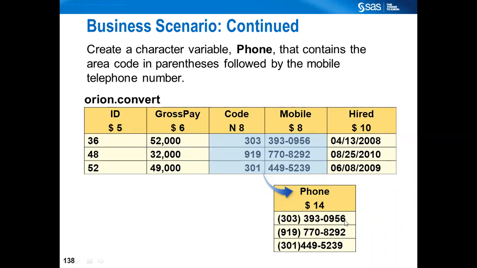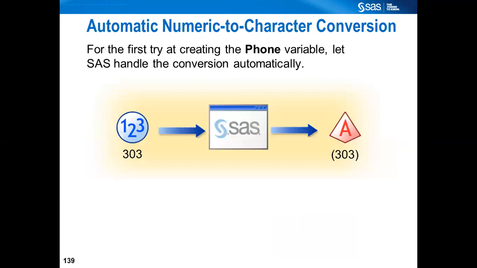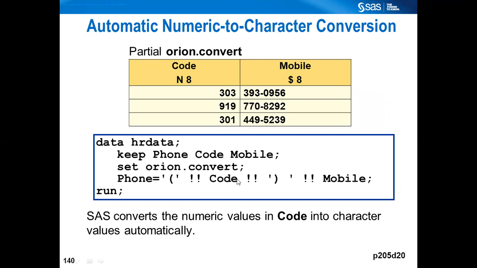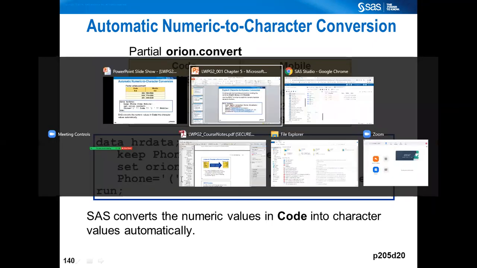Now, we had already been introduced to one of our concatenating operators, where you have the liberty to include this parenthesis. Hence, we know we can use that concatenating operator. But before working with it, let's understand how SAS works with automatic numeric conversion to character. So for the first try at creating the phone variable, let SAS handle the conversion automatically. So from numeric to character, where you are including the special signs called parenthesis. So hence with your concatenating operator, this is what it actually is. Like moving back